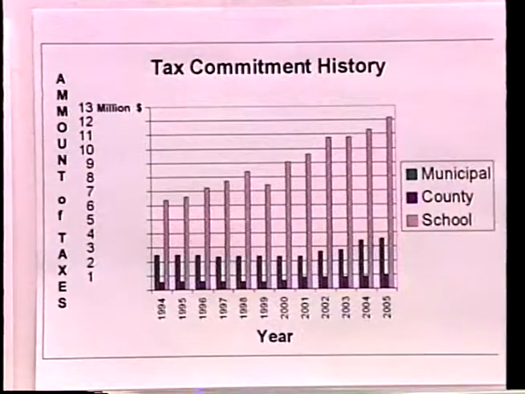And the one drop that you see there in 1999 is when the state funding of education took place, because this chart is showing you what we need to raise from residential property taxes, and so the funding that comes from the state is taken out of that. This is after we get the revenue from the state. So for example, if you go to the most recent year that we have on the chart, year 2005, the total school cost for the town of Plaistow is really 1.8 million higher than what you see there.